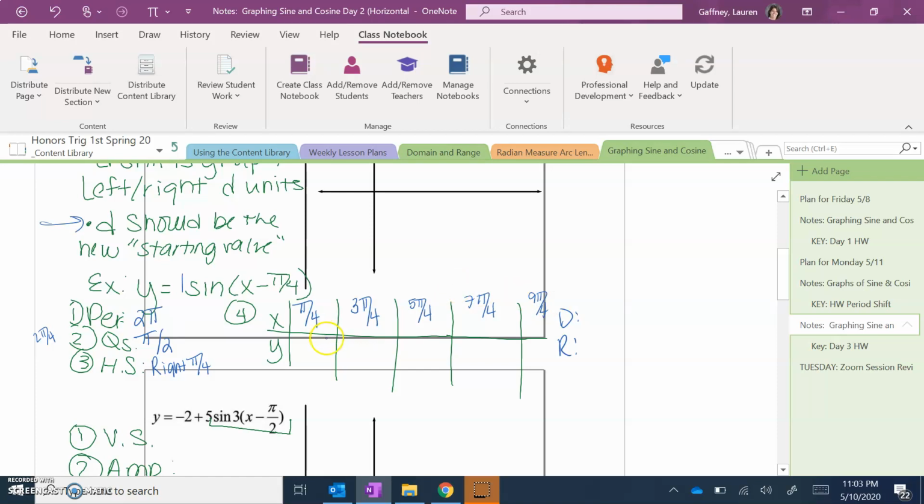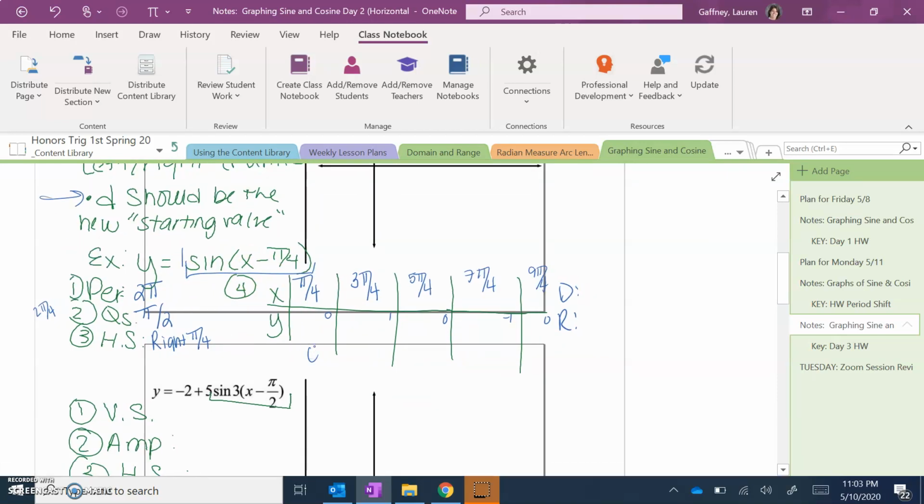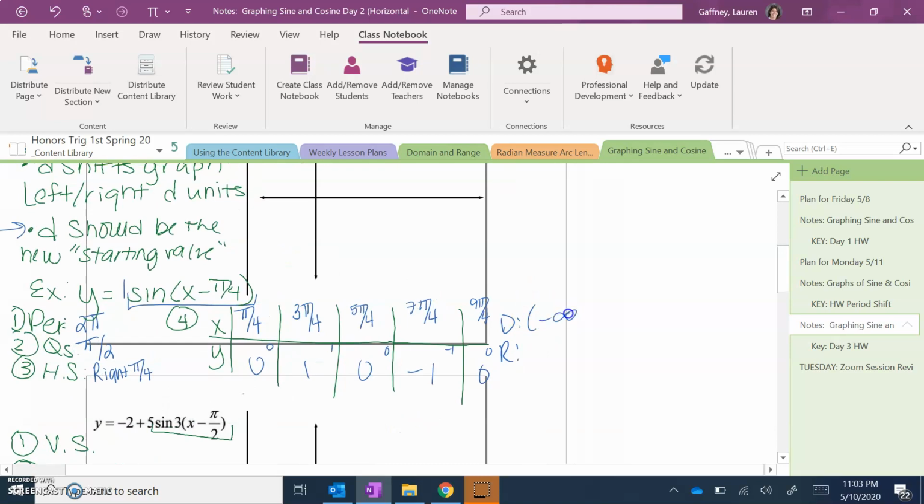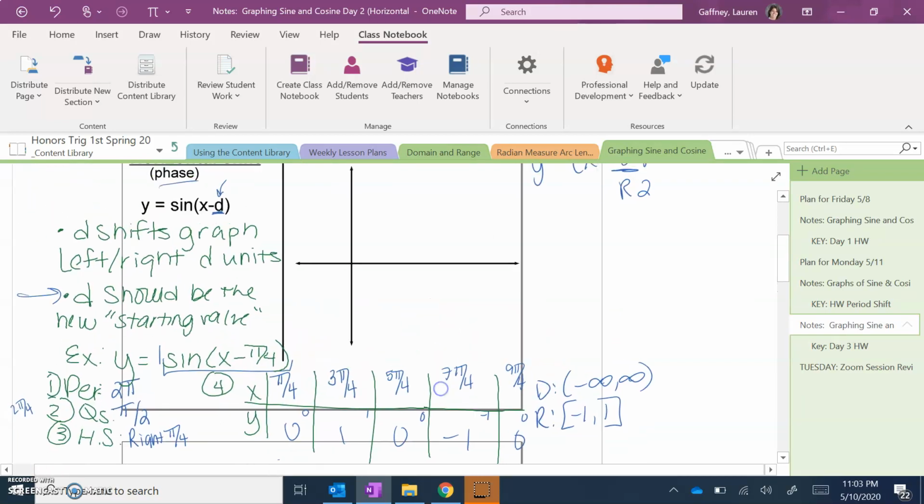Now, the values of sine are still the same. That is the value that comes out of the trig function, which is everything we have here. So these values are still 0, 1, 0, negative 1, 0. There's nothing being done outside of that trig function. Our domain is negative infinity to infinity, and our range is negative 1 to 1. So if we plot this now